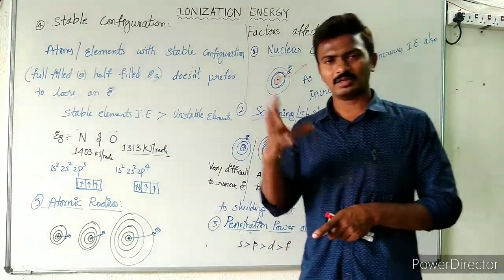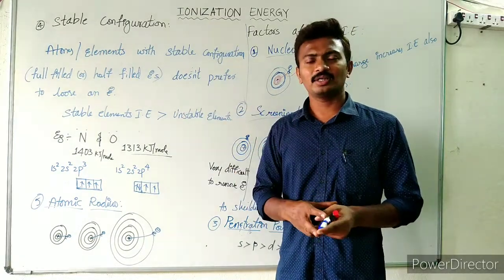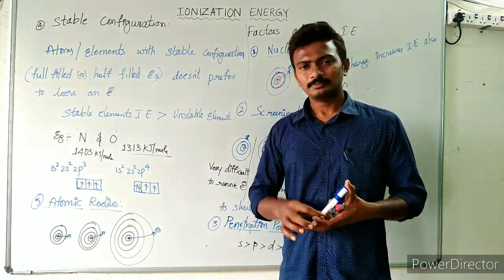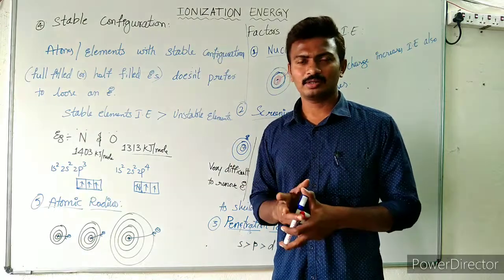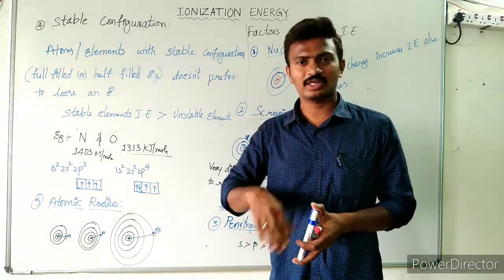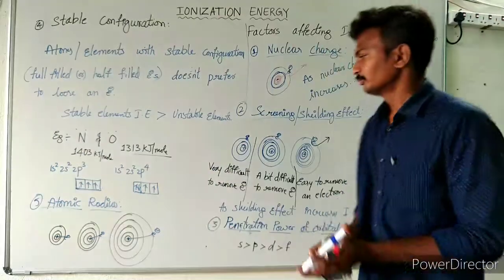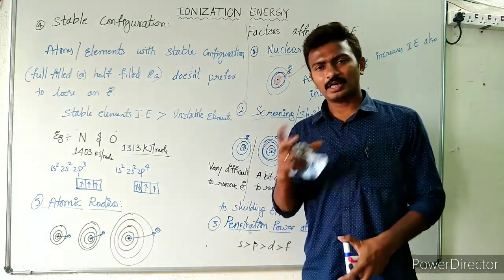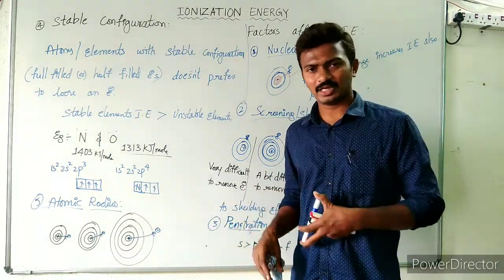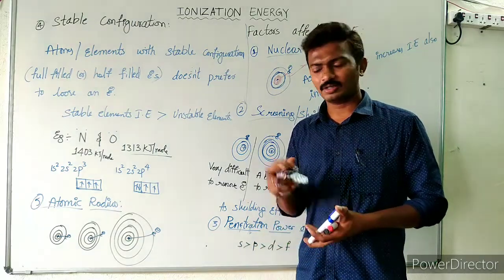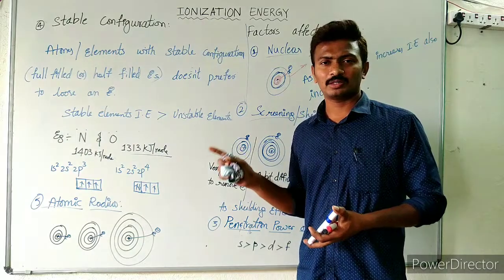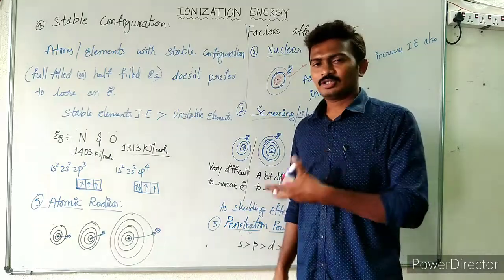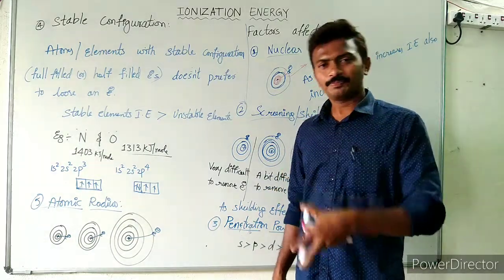As atomic radius increases, the size of the atom increases, and due to the increased distance from the nucleus to the outermost valence electron, the ionization energy is going to decrease, right? So this can be understood in the case of a group. In a group from top to bottom, the atomic radius keeps on increasing, as we have studied in our previous classes. As the atomic radius increases, what happens? The size of the atom increases, and it will be easy to remove the electron. So in a group from top to bottom, we can assume that the ionization energy is going to decrease.